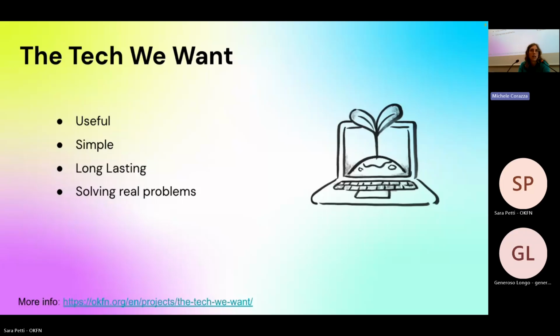So the observation is, at the moment, you have a lot of technology available out there, which has many layers of complexity. And this can be extremely useful when you have a complex use case, which requires a complex solution.